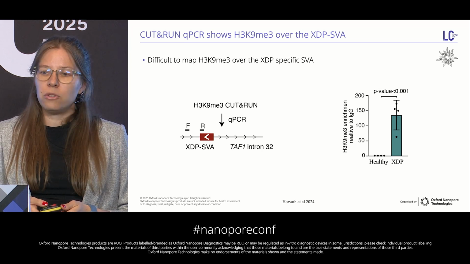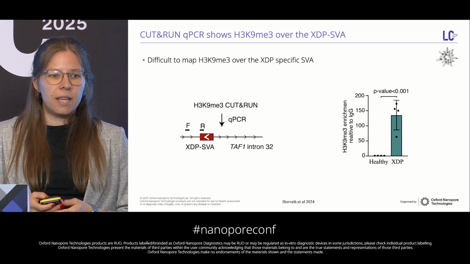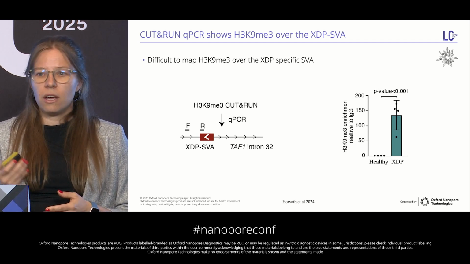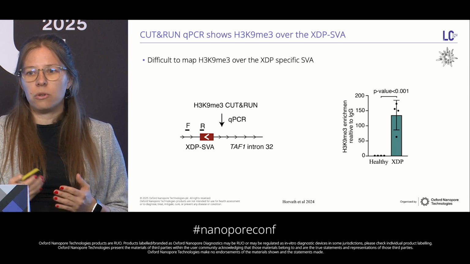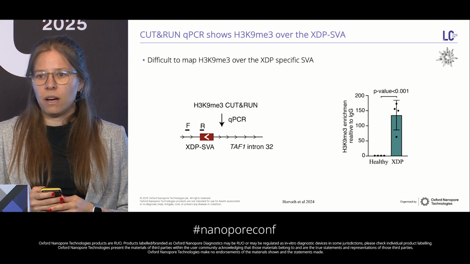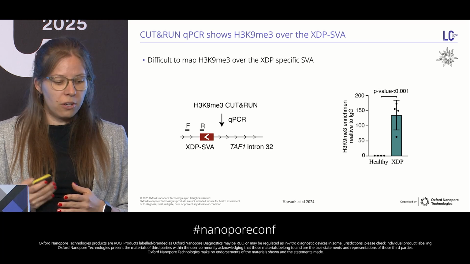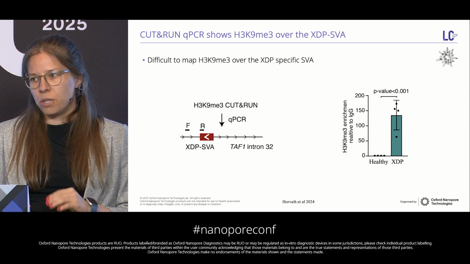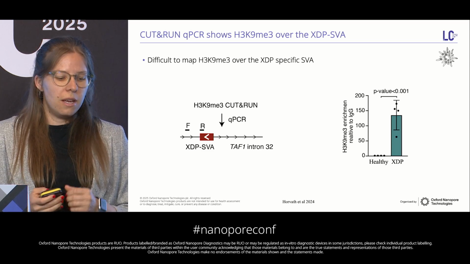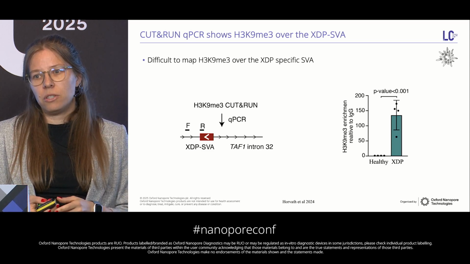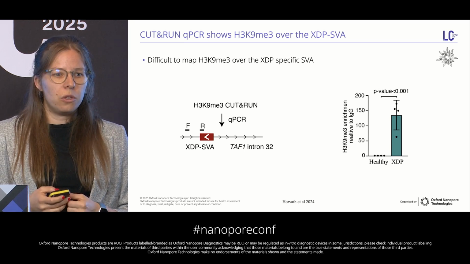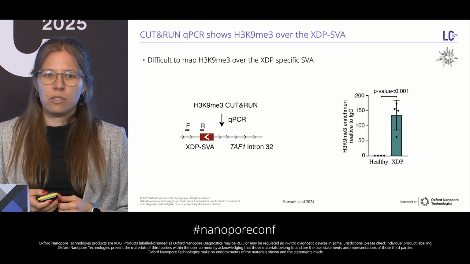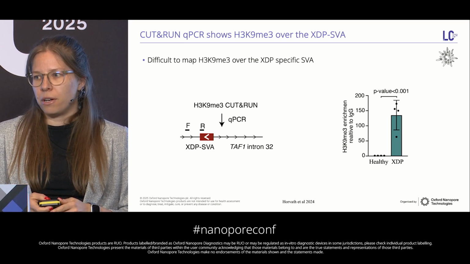So then after that, we wanted to see if this insertion also has epigenetic marks like H3K9 trimethylation that are also known to repress transposons. So we did another approach called CUT&RUN sequencing that is very similar to ChIP-seq, where you can see where your specific antibody binds, basically, your factor. And because transposons are repetitive, instead of using a bioinformatical approach that is very difficult, we designed qPCRs, where we have one primer inside, one outside of the transposon, and then just use the libraries to do the qPCR. When we do that, we see that this transposon is highly enriched in this epigenetic mark in the genome.